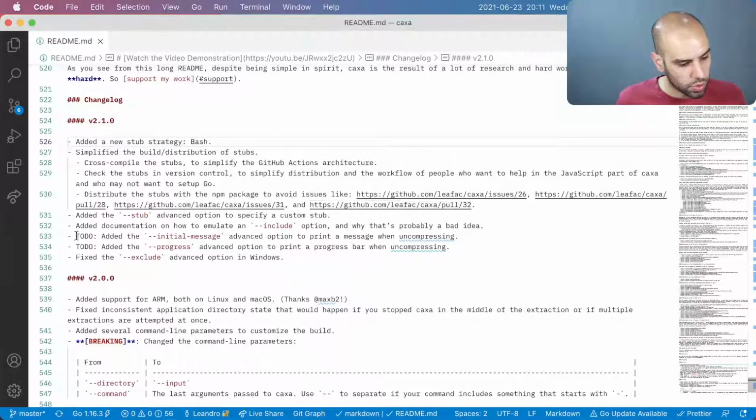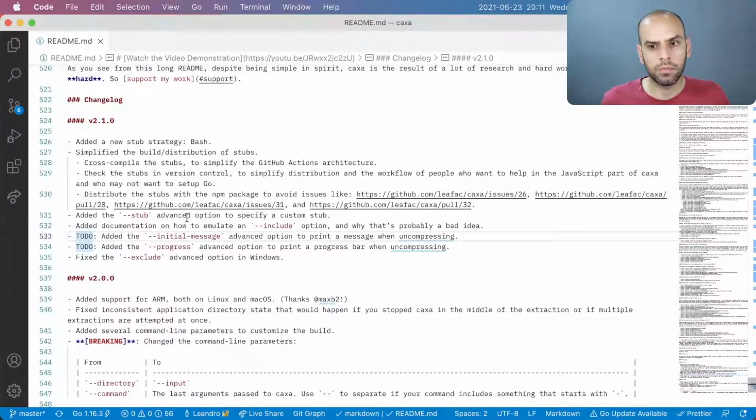And tomorrow what we are gonna do is to look at this pull request, and there is a pull request to implement this, and we will implement this initial message option and the progress option, and we will implement that in our new bash stub as well, because it is probably something that is very easy to do. Maybe not the progress, but the initial message should be relatively easy to do. So check in again tomorrow at 5:30 UTC, we will address this last thing, and we will publish the 2.1